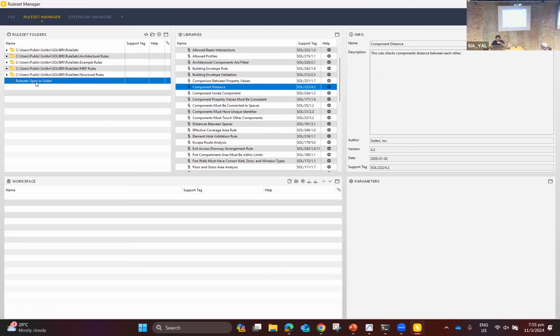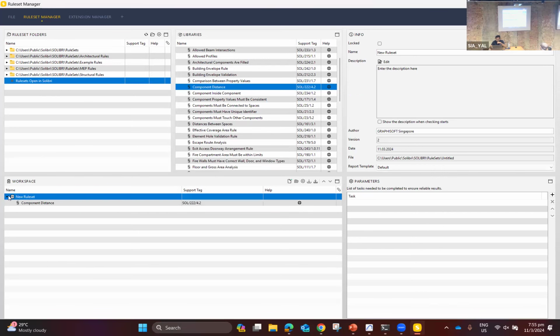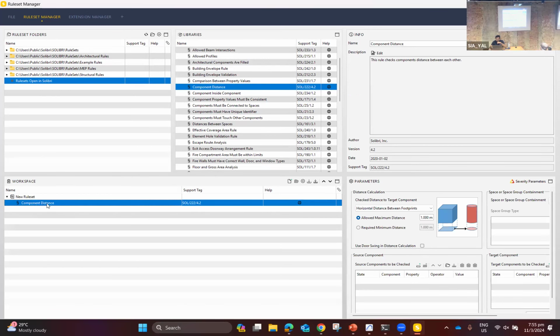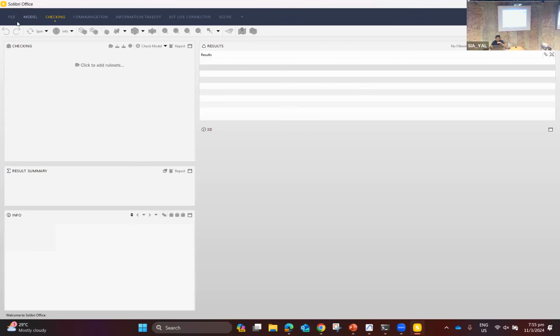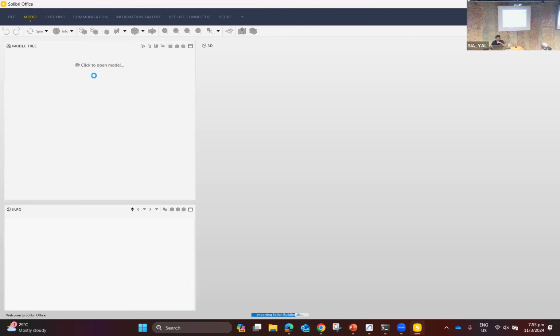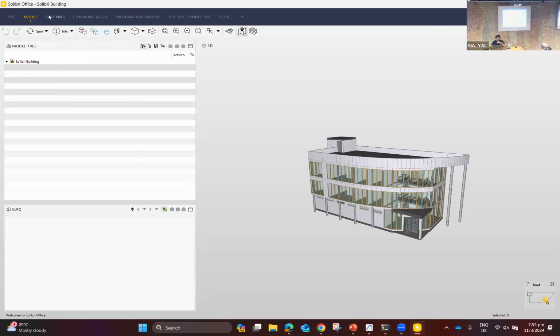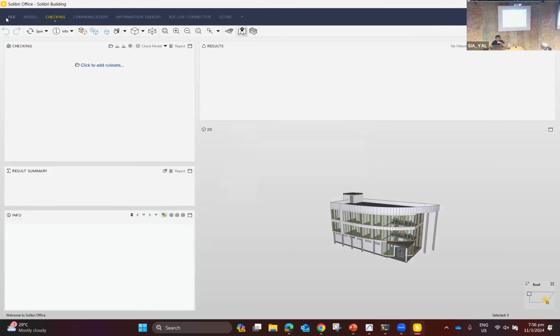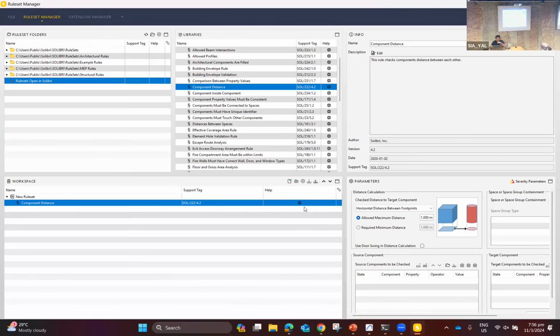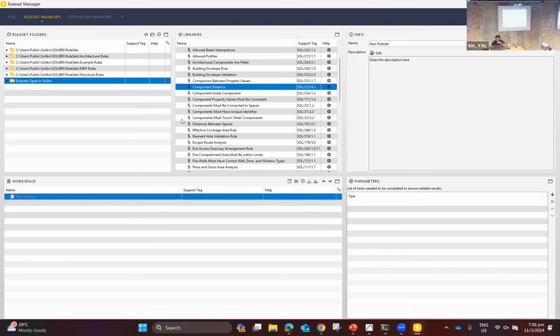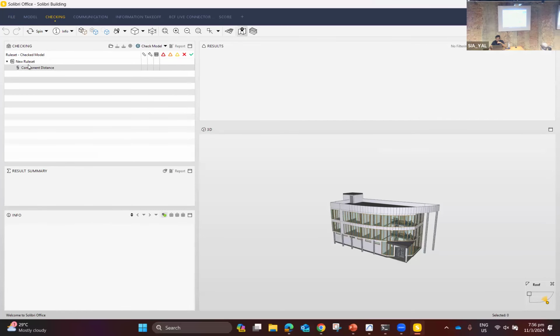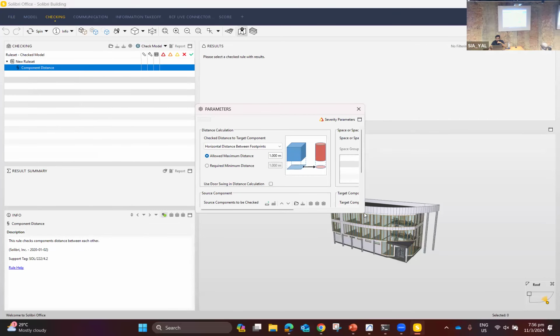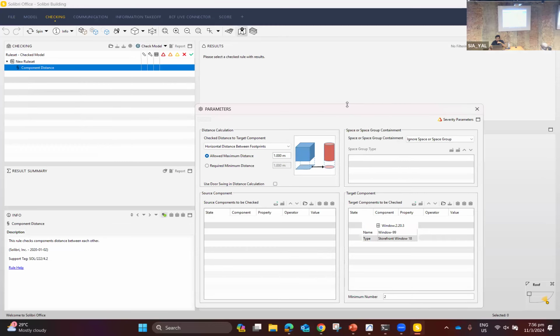So let me just create a new component result here. I'm just creating a new rule set. I have used this component distance rule inside that, and then if I want to use it inside my model, I'm just starting a new model, and then let me use this component distance rule. Okay, so if you go to the rule parameter, right now you can see I'm using this particular rule,